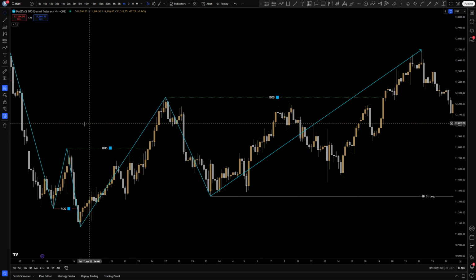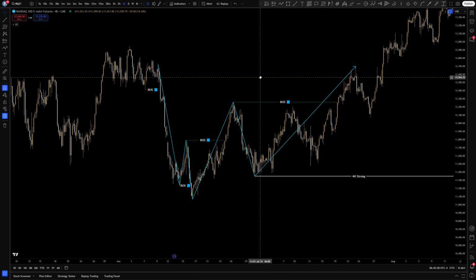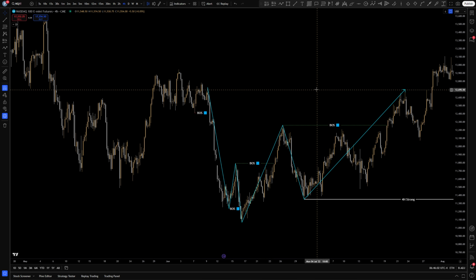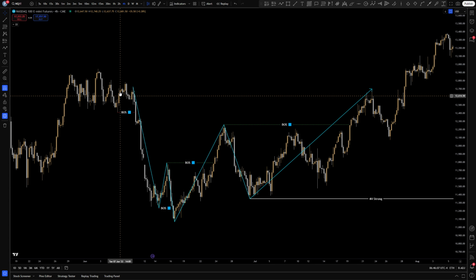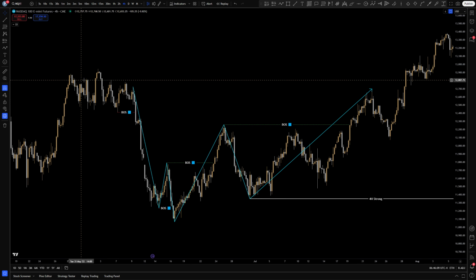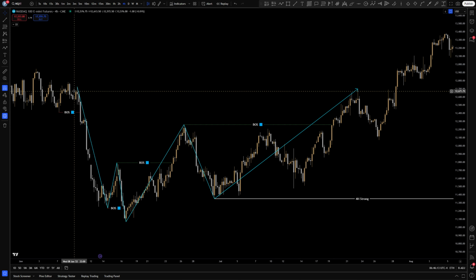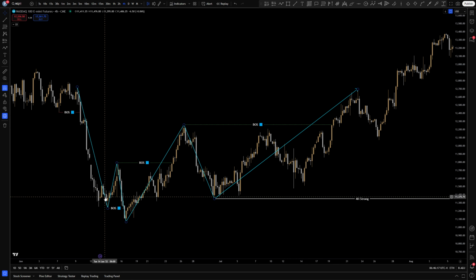Okay, so here comes the key stuff that you need to know. So you see on the chart here that I've started drawing out some structure. You know, you could go back forever and draw structure, and we need a starting point. So what I've done is I've said that, okay, we're in a downtrend from before, and this was the last break of structure, let's say, and we came down,